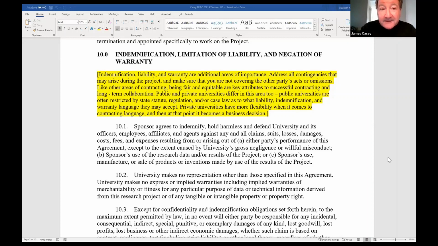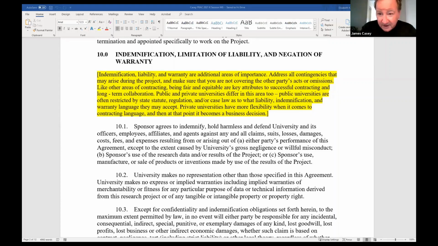But I would say, look at the culture at your university, look at the working relationship with the Office of General Counsel, and find that happy medium where both offices can work together in a very collegial and quick manner, so these contracts are done timely. So we can scroll down past clause 10, and we are down near the end.